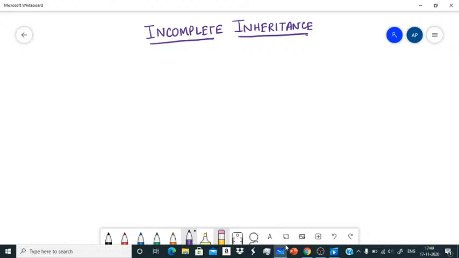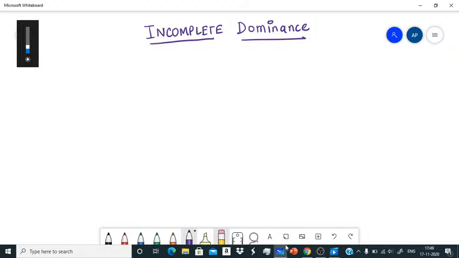Okay, right. So let's deal with the idea of incomplete dominance, right? Let's come to that. What we are going to talk about is incomplete dominance. Now, to understand the idea of incomplete dominance, we have to go back to our primary understanding of dominant and recessive. So when we were dealing with the idea of dominant and recessive, we took